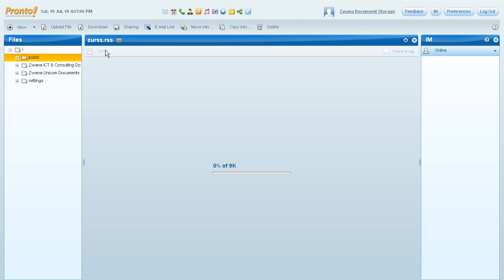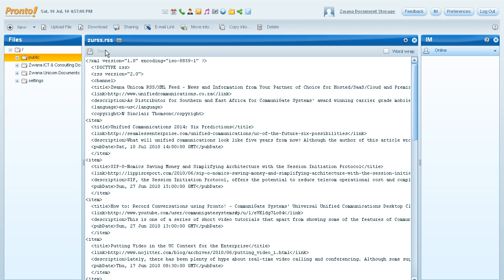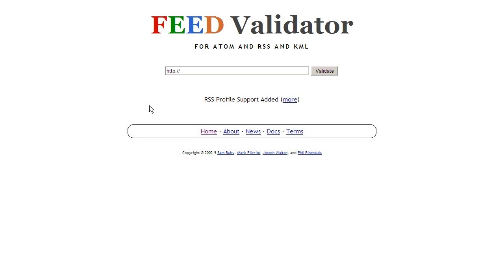Now, the next step in creating this feed is to validate it, and validation is a process of ensuring that the XML is well formed. And in order to do that, I'm going to use a free online feed validator called feedvalidator.org. So this is the web page of feedvalidator.org, and you'll see I need to copy the URL of my feed